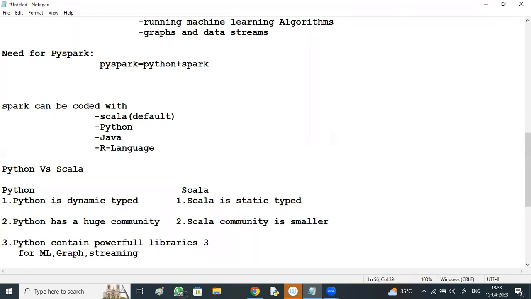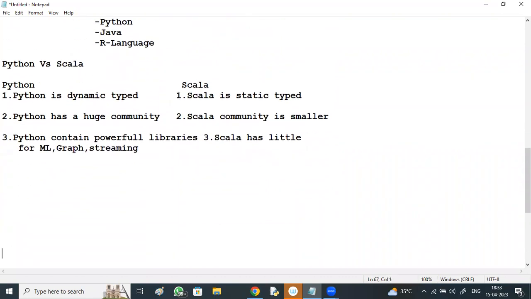But Scala has little. And one more advantage, I cannot say always Python. Scala has also got some advantage over Python, right?